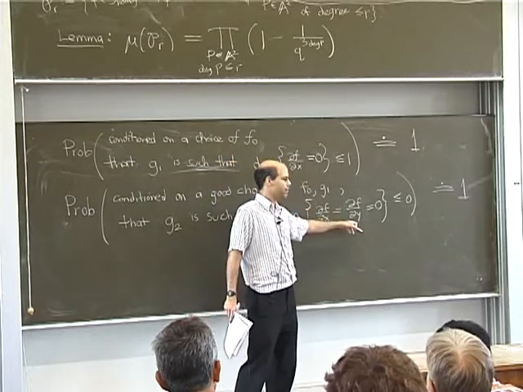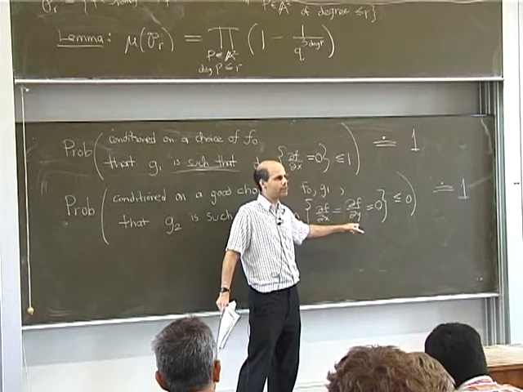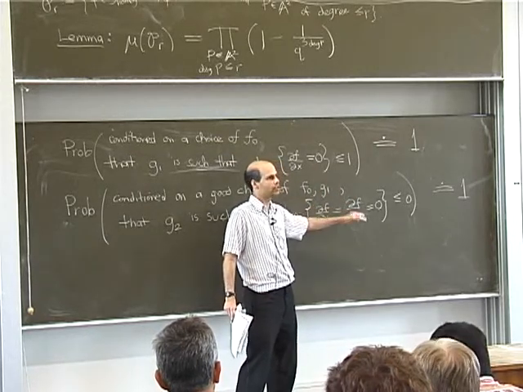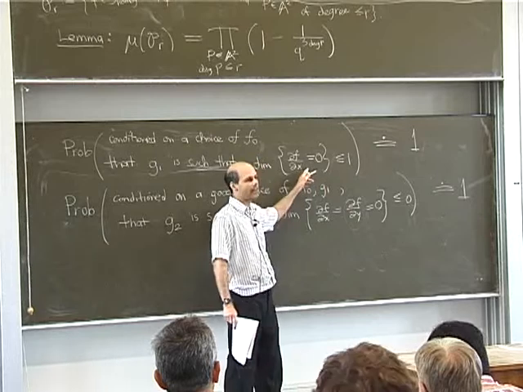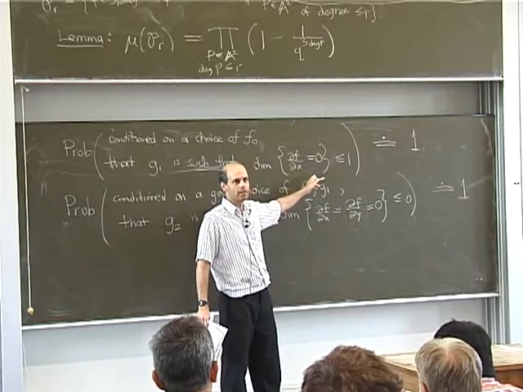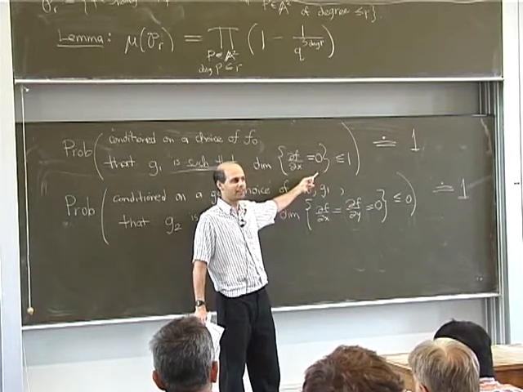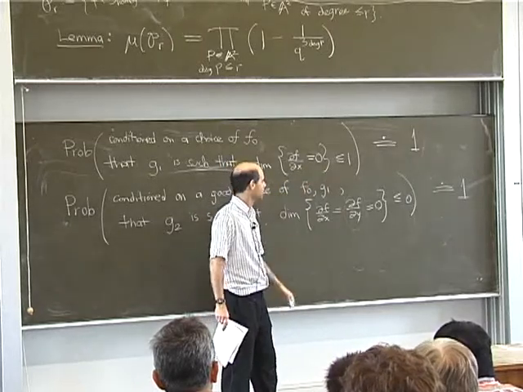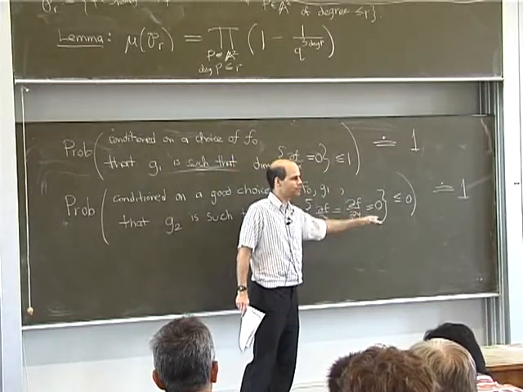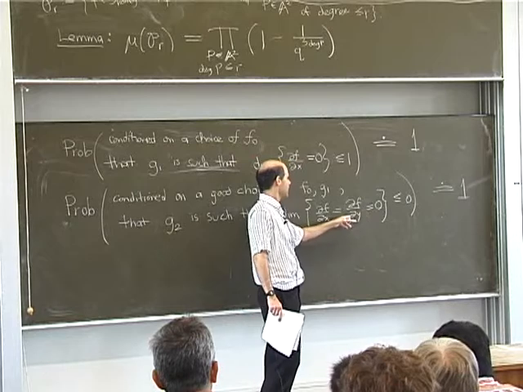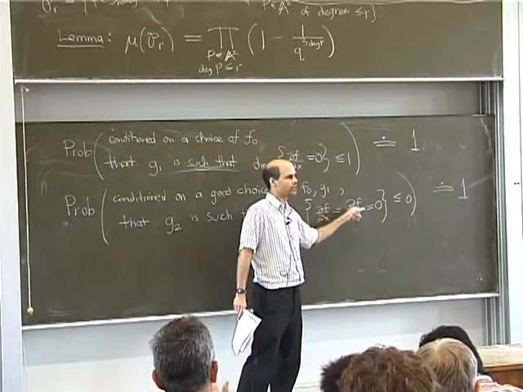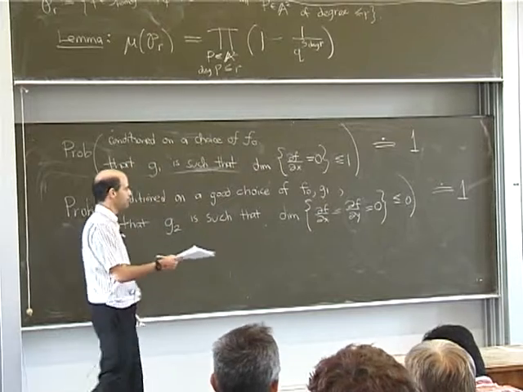And it's not hard to do. You can bound the probability that this polynomial vanishes on a particular curve. You can show that it's very rare. And there are not that many components of this, because there are at most d components, in fact at most d minus 1, because this is a polynomial of degree d minus 1. So you just add those up and you show that it's very rare that when you choose g2, this new derivative vanishes on some component.